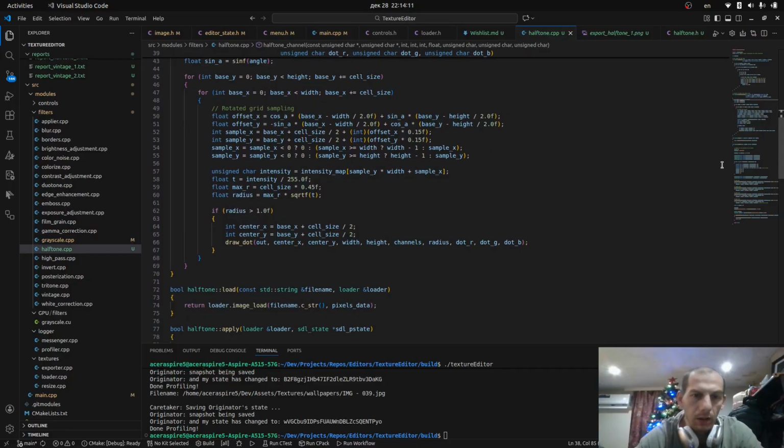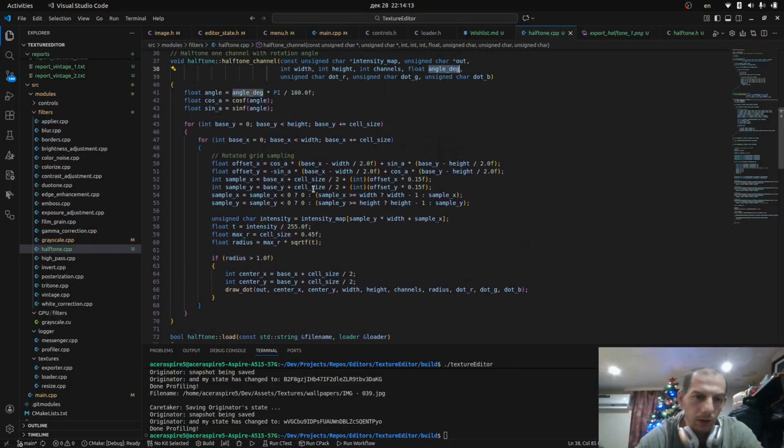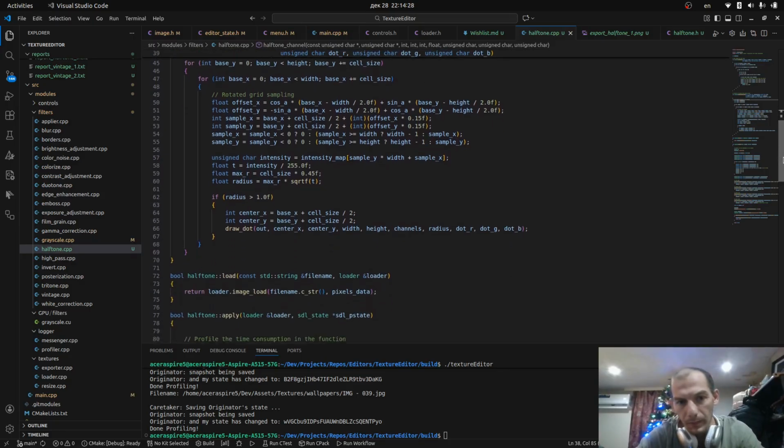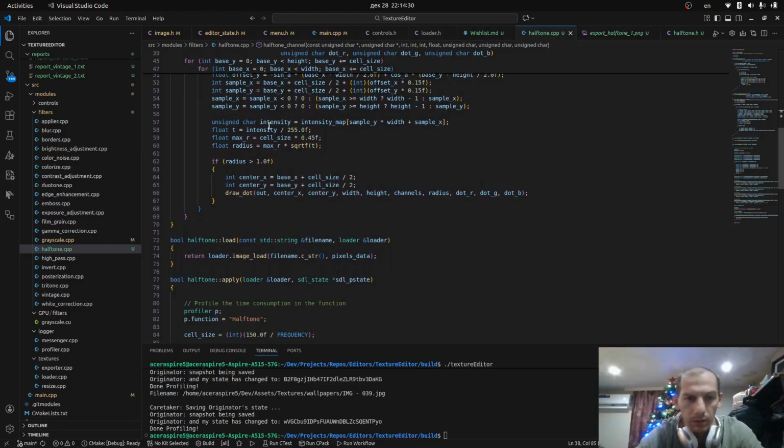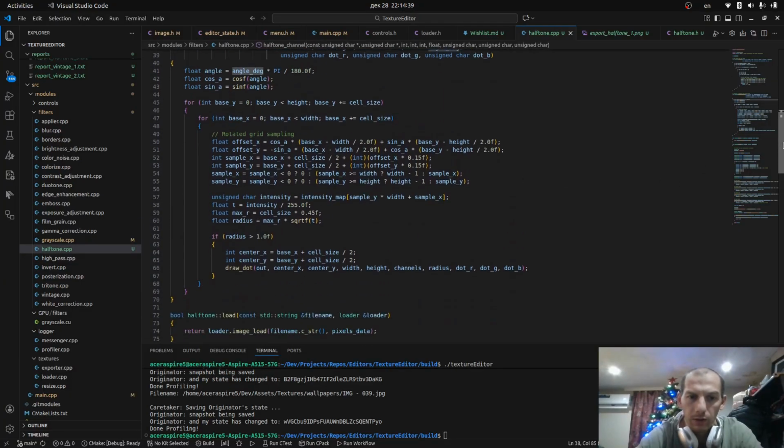And here are a lot of calculations that maybe the reason for the edges issue is over here, rotated grid sampling, or maybe intensity and the cell size, not the cell size, but